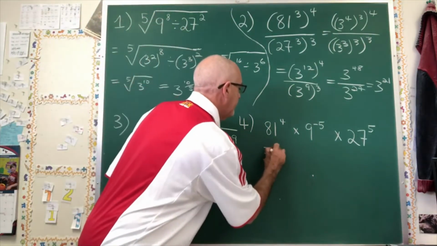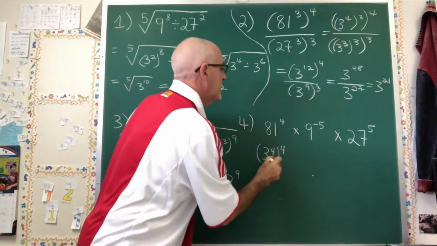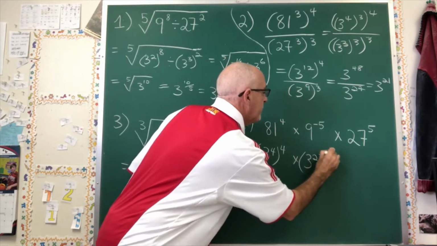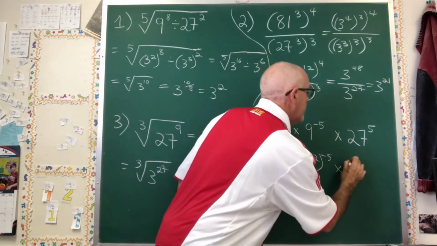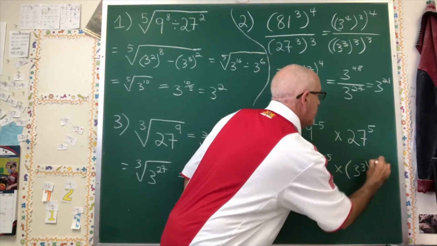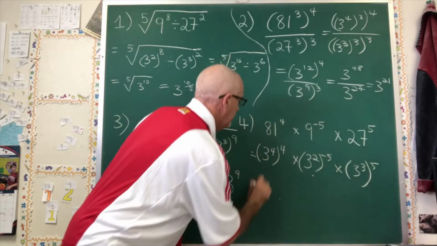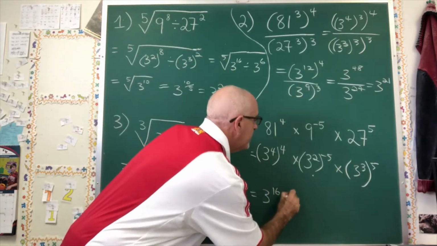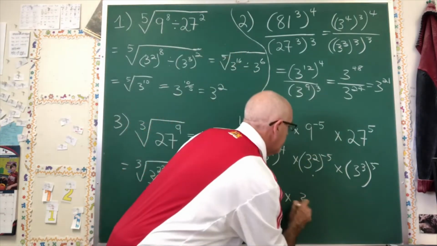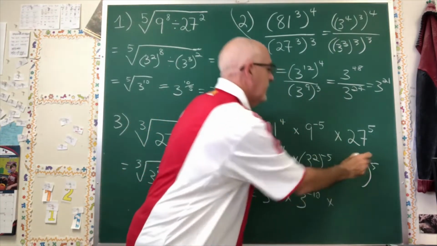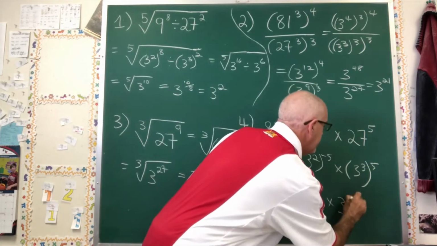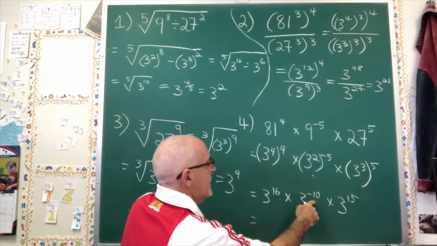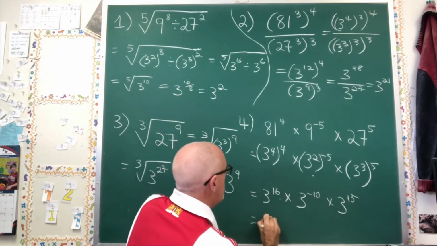81 is 3 to the 4, which is to the power of 4. 9 is 3 squared to the power of -5, and 27 is 3 cubed to the power of 5. 3 to the 4 to the 4 is 3 to the 16. 3 to the 2 to the -5 is 3 to the -10. 3 to the 3 to the 5 is 3 to the 15. I have 16 minus 10, which is 6 plus 15, which is 21. I have 3